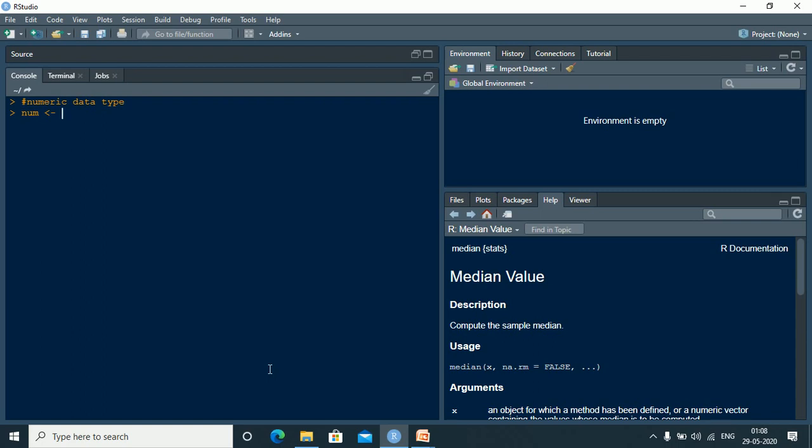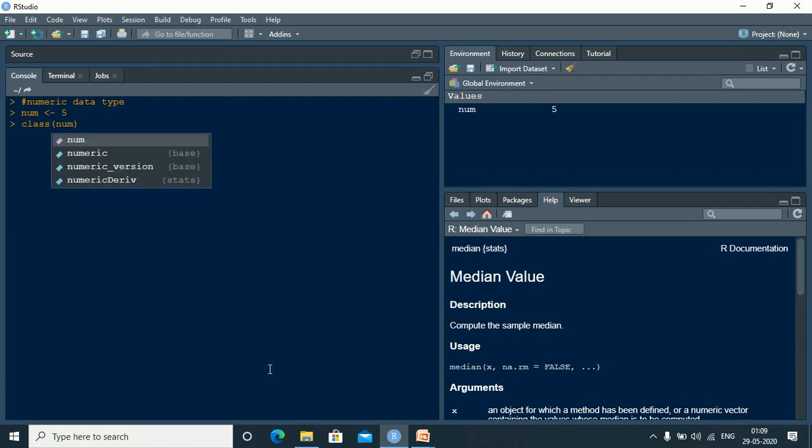So let us assign this a number 5. Right, so now we want to see what is the class and what is the type of this particular variable. So we need to write class of num, right? So the class is numeric in nature, right?